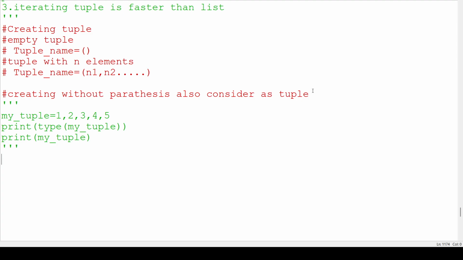We can create it with the tuple function. Creating with the tuple function. If there is an existing list, like my list equal to list of 1, 2,